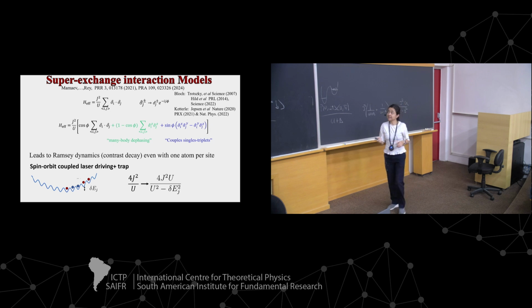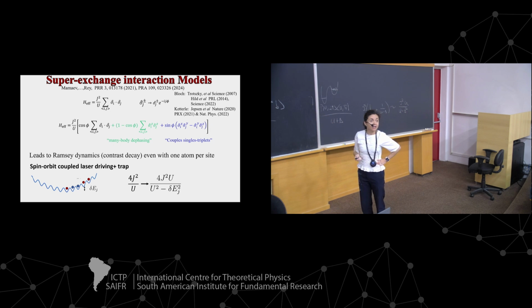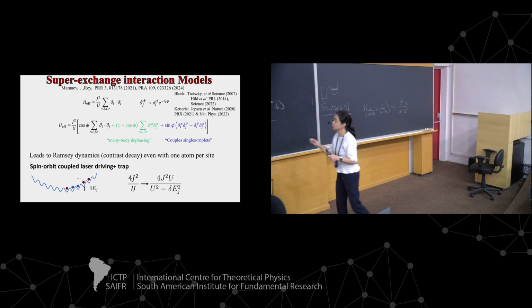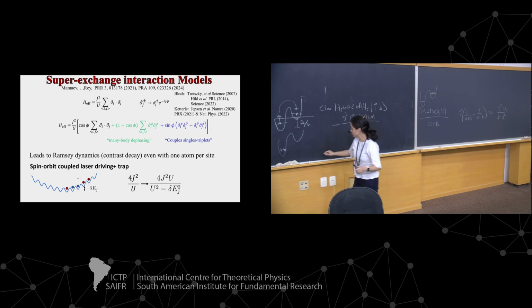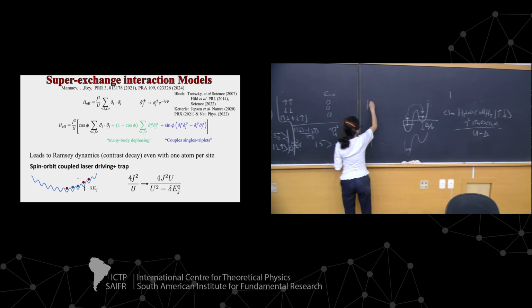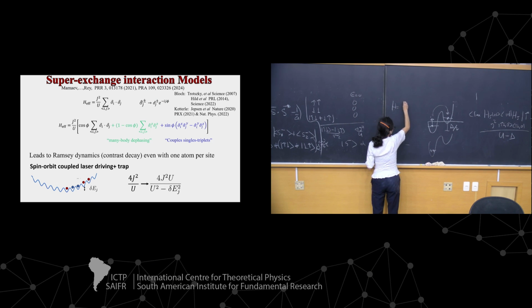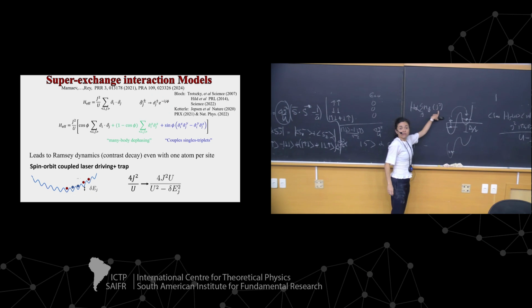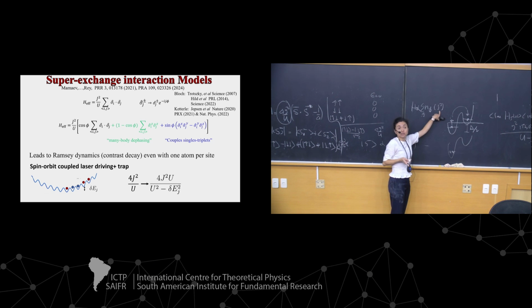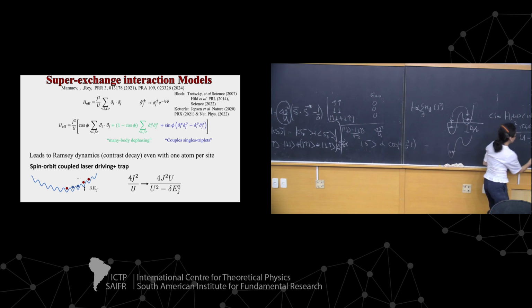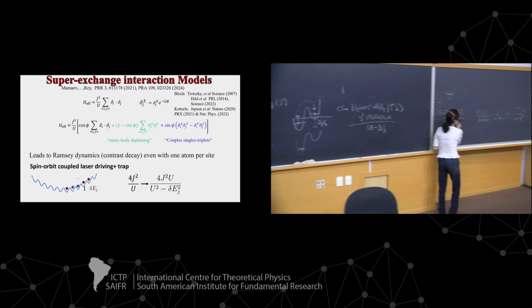This is what is written here, and the point is this delta now is not uniform across the lattice, because the Hamiltonian of the harmonic potential has the form of a sum over j of a term that is quadratic in j. So the difference between atoms in different sites is j squared minus j minus 1 squared. So this quantity has a j dependence,